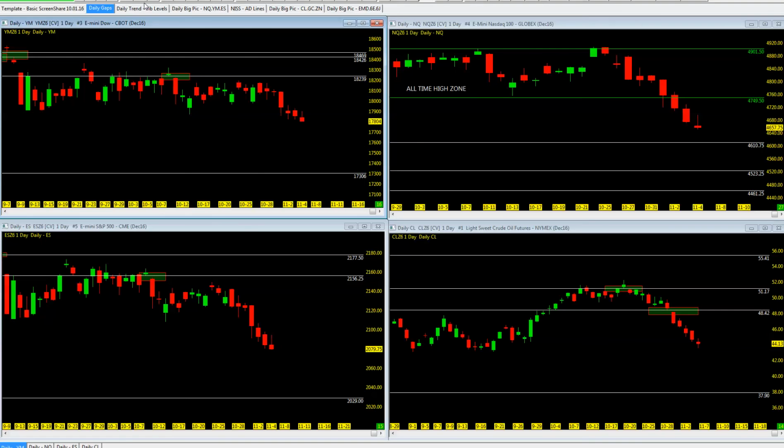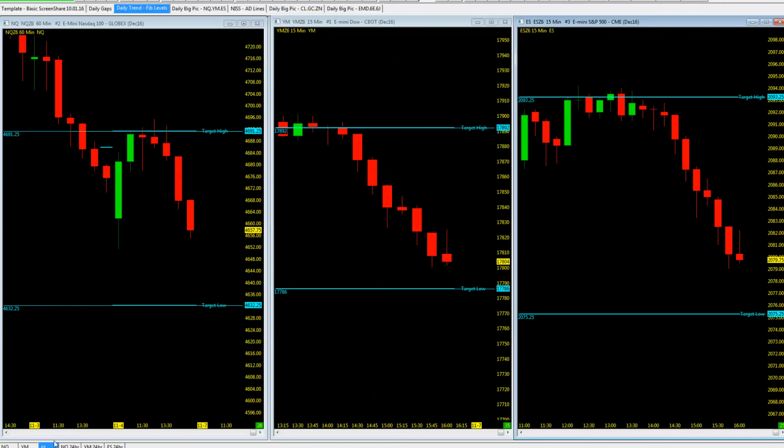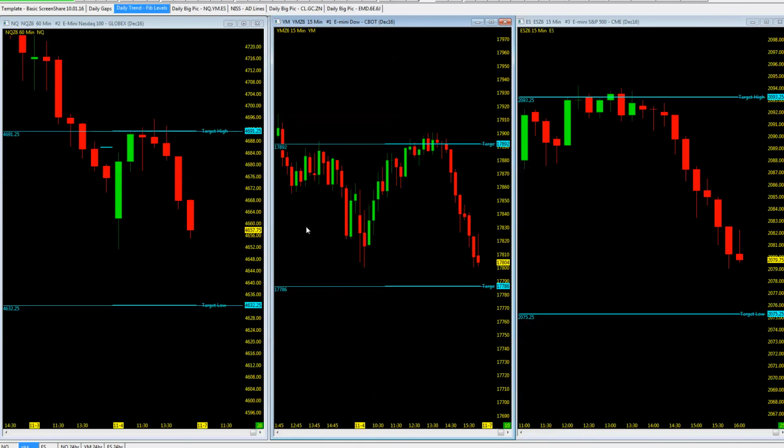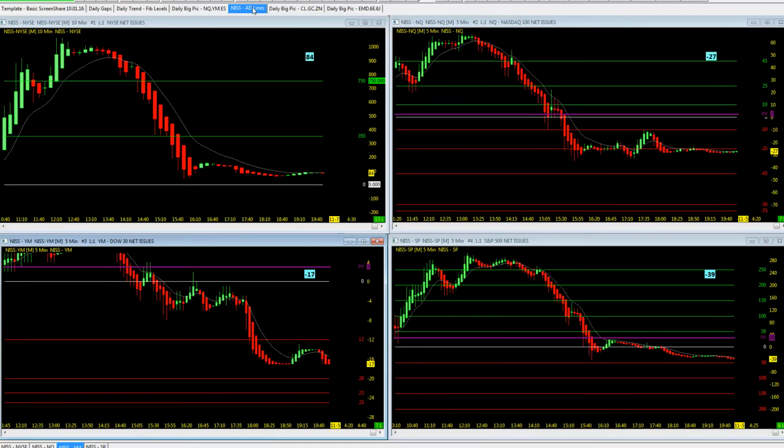When it comes to fib levels, did pretty good today here on the intraday charts. ES to the upside, YM hitting the upside there mid-session as well as the AM session, and NQ after this is a 60-minute chart. These are two 15-minute charts, but that's all right. Here for November 4th, we got that target high to the upside, really never being able to get any deeper down to the lower fib target. I mentioned the AD lines.